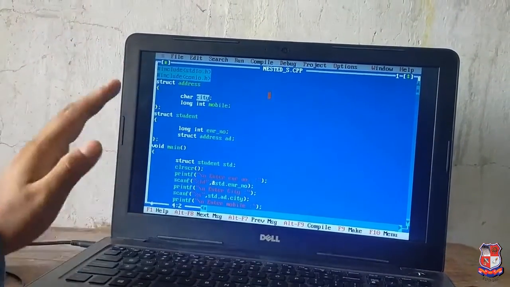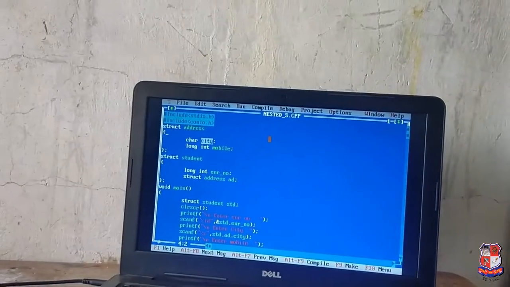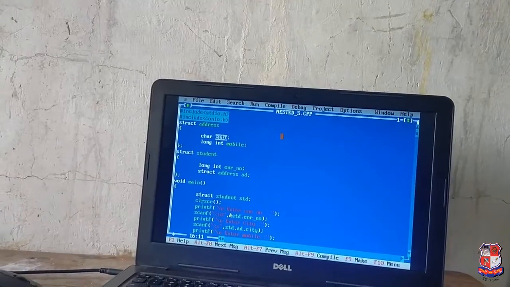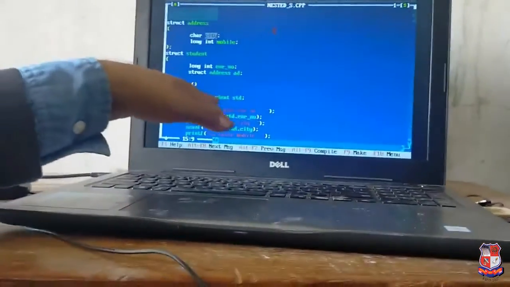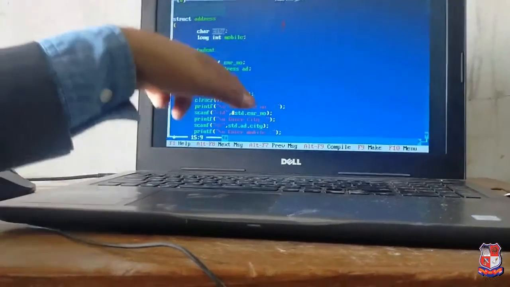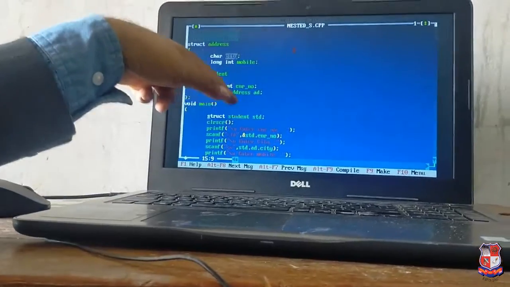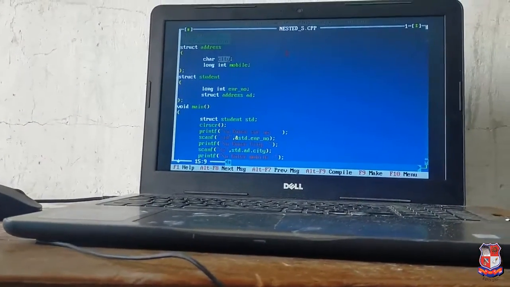Now see in the program how we use the nested structure. That is simple. We create the 2 structures. In the main program we use only the outer structure object. The outer structure object std is the student structure. In this structure we use the address. So here we take the std object of the student.